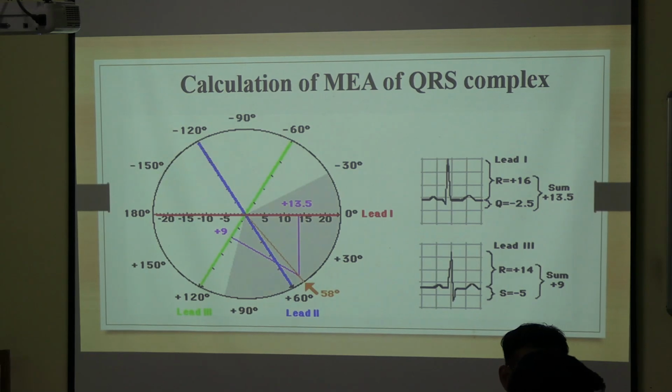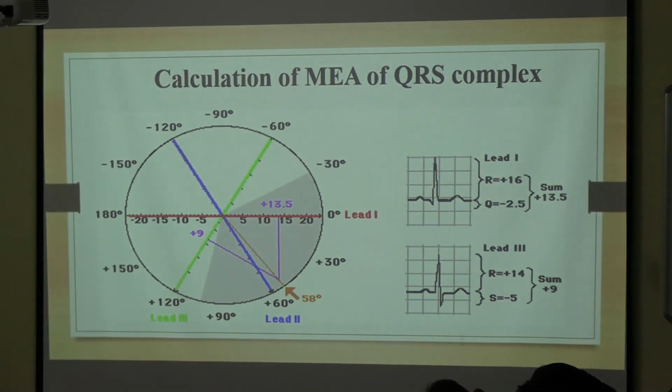Don't you have lead 2 here? Yes, lead 2 is there. I told you to see lead 1 and lead 3. So in lead 1 you go to the QRS complex, this one. From the baseline, how much is positive and how much is negative? Look, positive how many? 1 2 3 4. Then negative is 1 2 3 4. So it's coming 0.